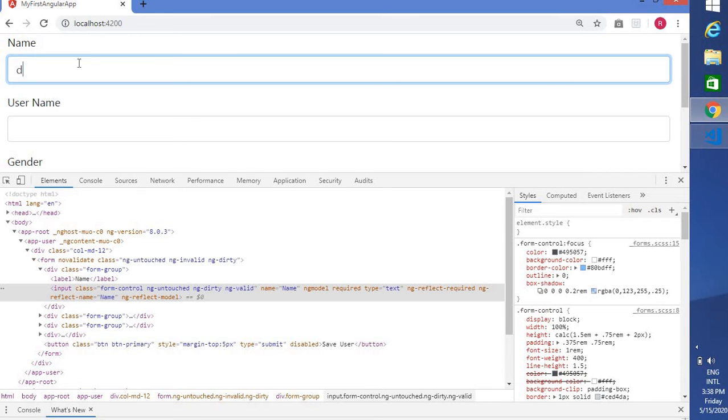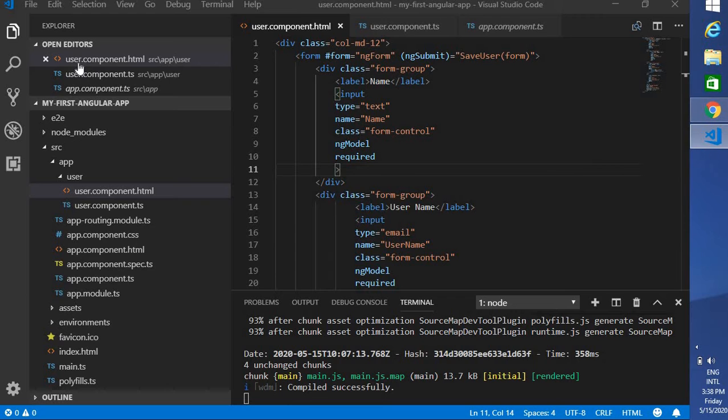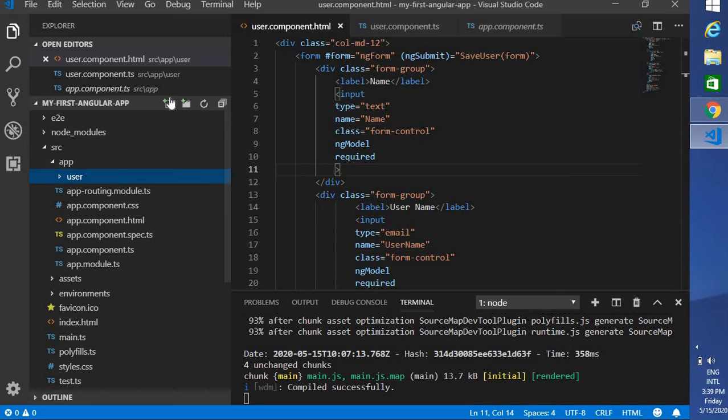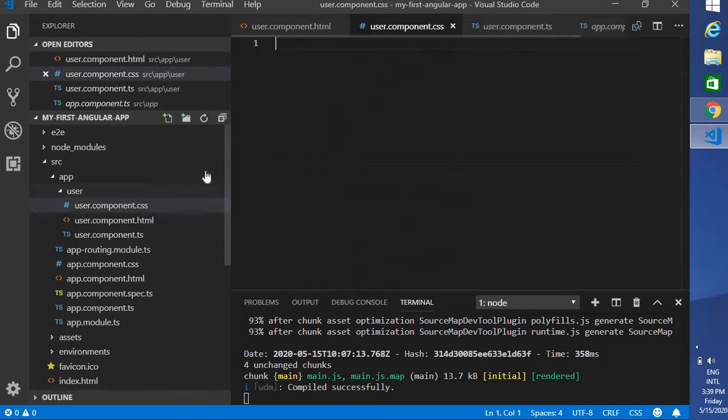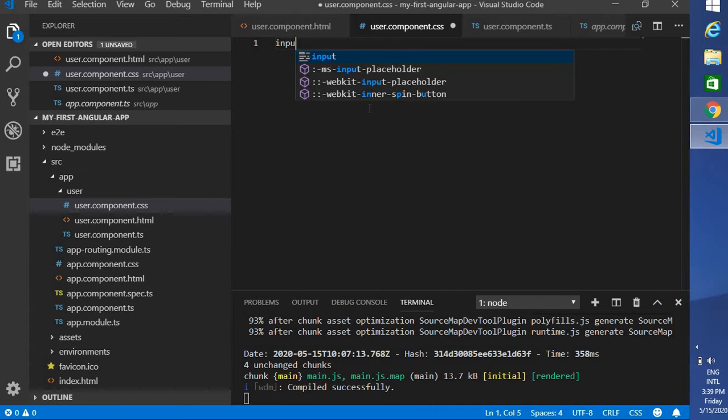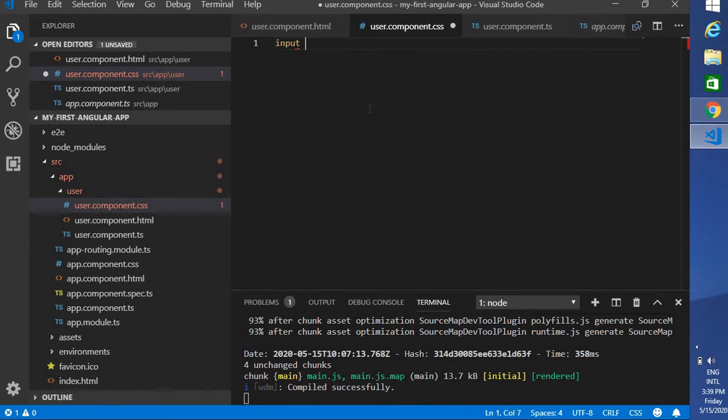So let me go to our folder. Right now we don't have any CSS file. Let me create a new file, user.component.css. Let me write input, because I'm going to apply it only to input.